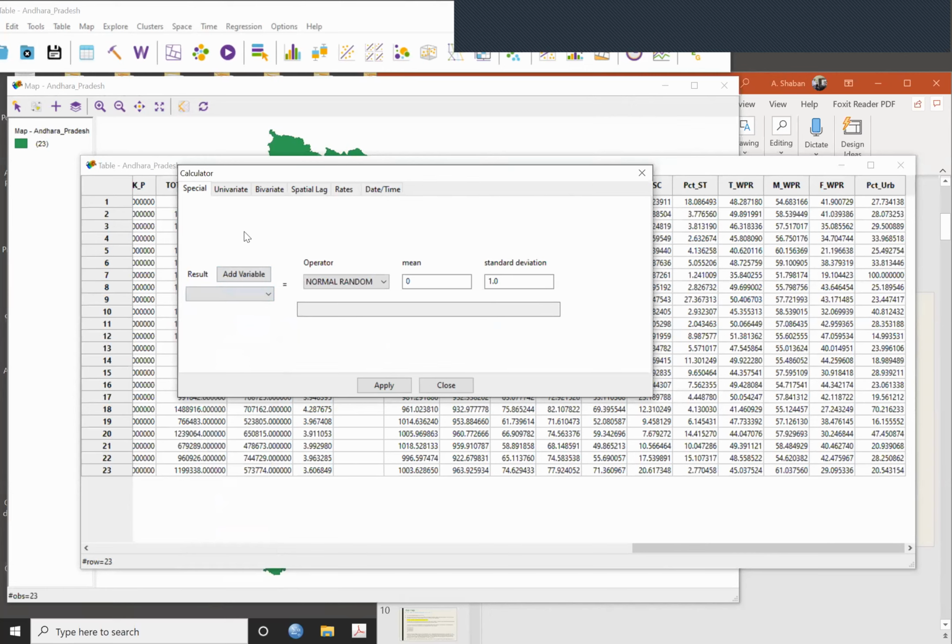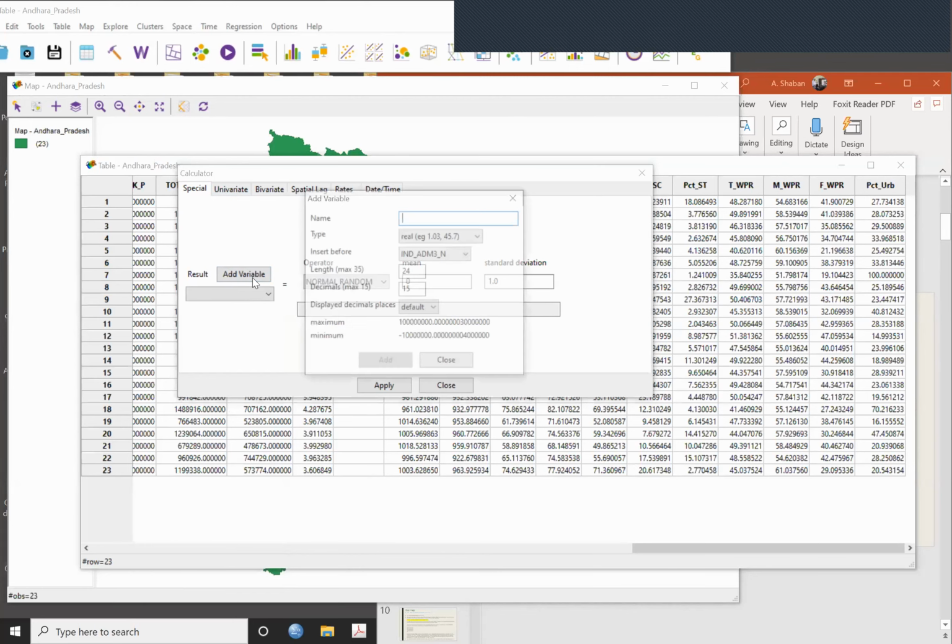It gives you some basic things. Univariate means you can have the log of that, or you can do something else. I say add variable. I want to take the log of population.